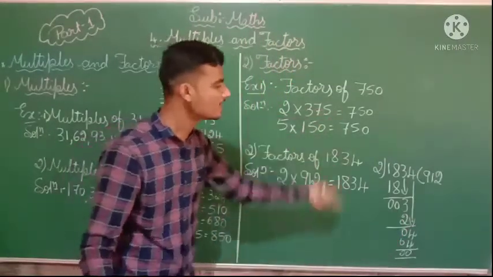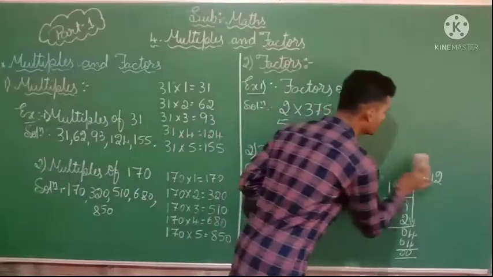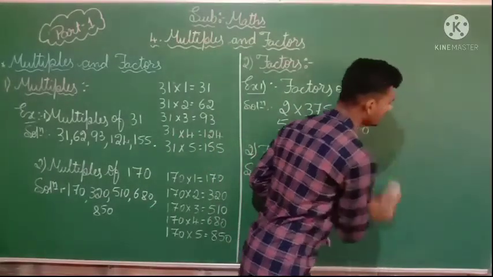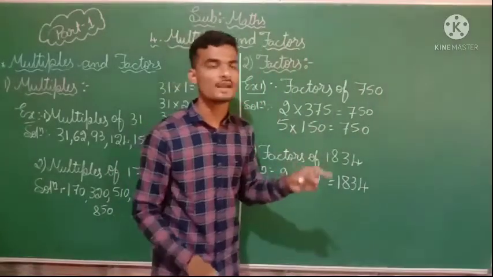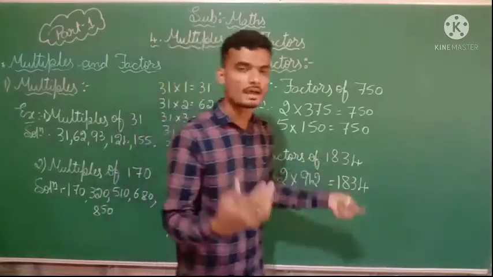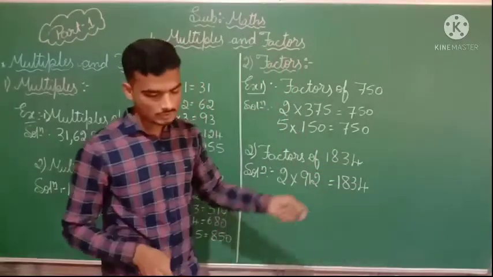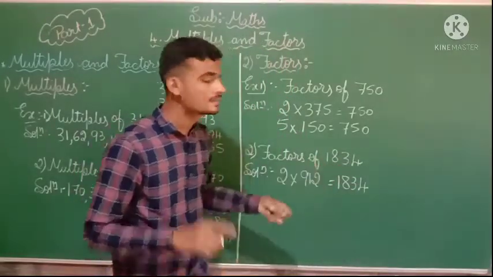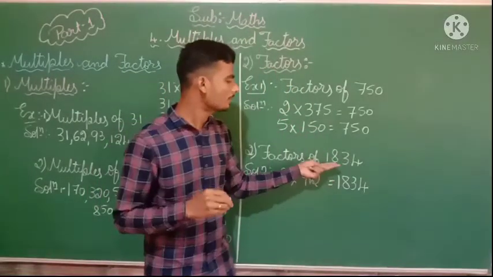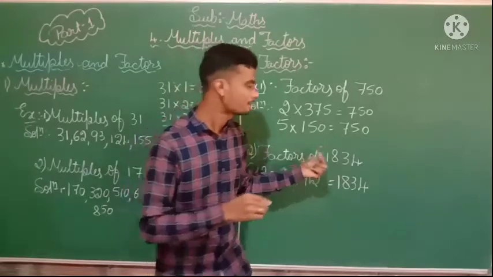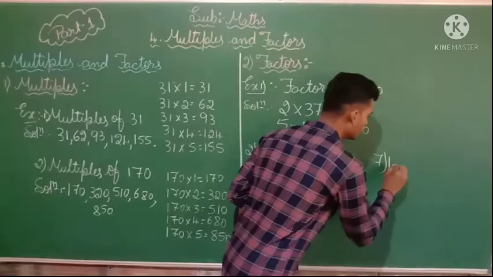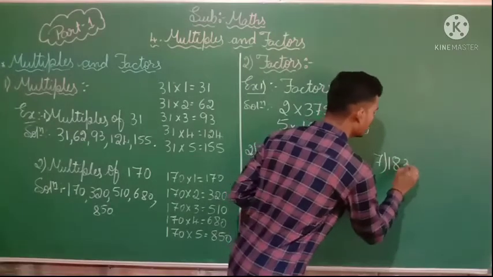How to find? In the same way. Here I am going to take a number which divides this number completely. You can try using another number also. So here next we want to take 7, so that the number is divided completely. So 7 you write down in the divisor part. In the dividend part you want to write 1834.